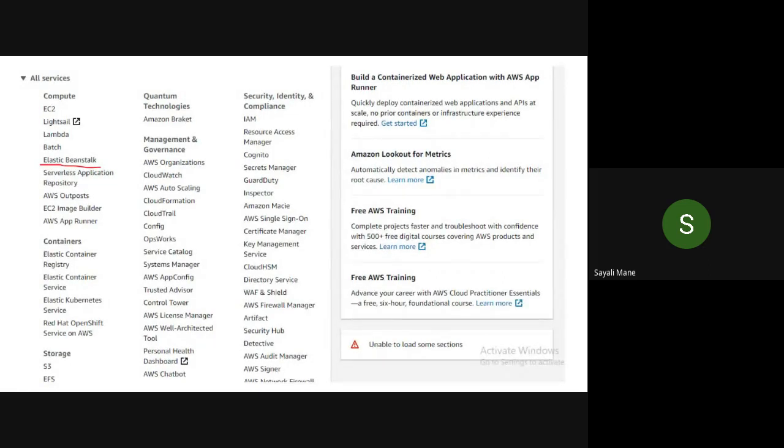Done. In the AWS Management Console, the all services option is there. Click on all services. You will see the list of services. Among that, in the compute section, please click on Elastic Beanstalk.